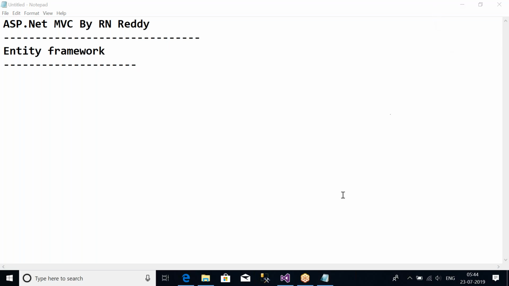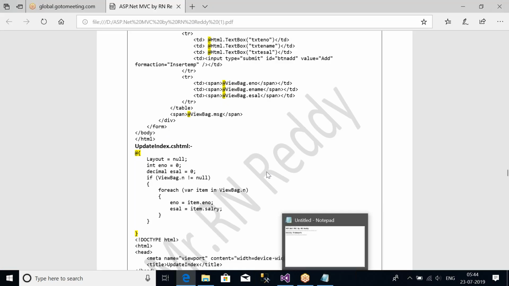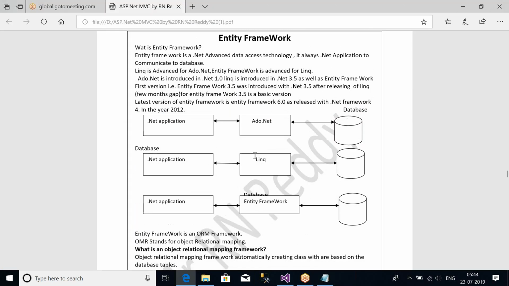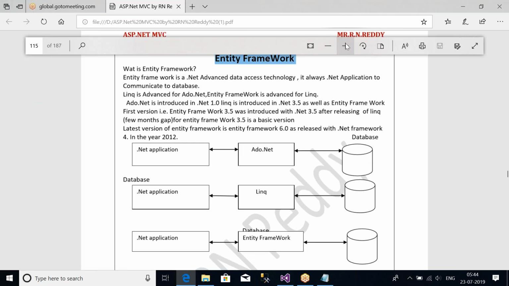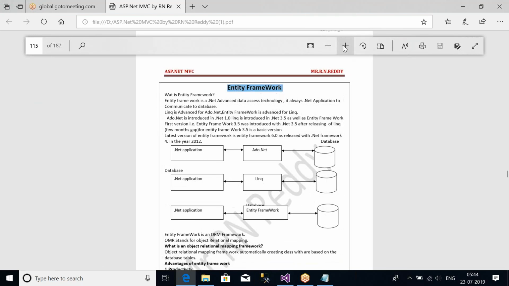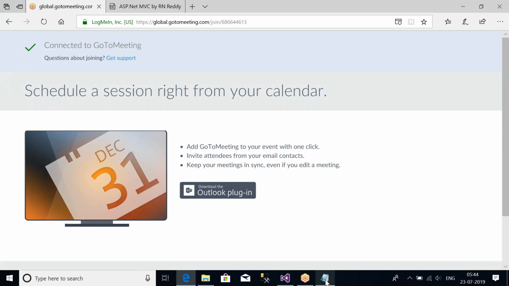And yeah, coming to Entity Framework, what exactly is it? Entity Framework. So it's not required to work more on MVC. You try to work more on Entity Framework, right? Right. Coming to Entity Framework,